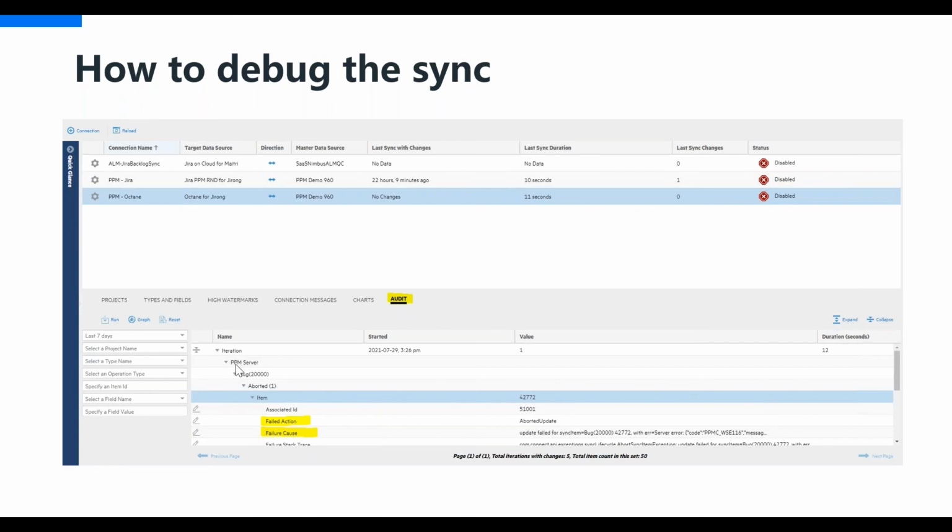You can select the period for that, and you can zoom into each entry to see more details, and if there is an issue or error during the sync, it provides you information right here. Using this audit tab, we'll be able to see exactly what the issue is, why the data was not synced correctly, or why the sync errored out. That will help you fix the data and make it available correctly for the next sync.